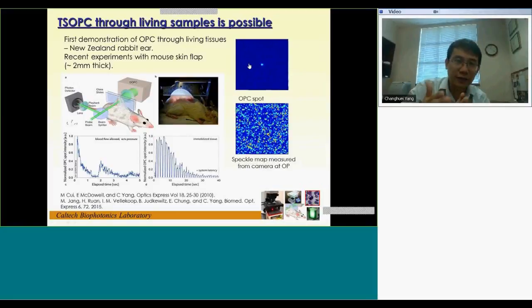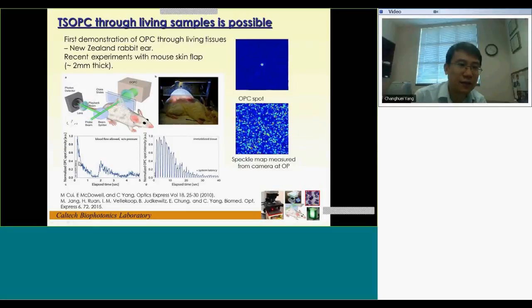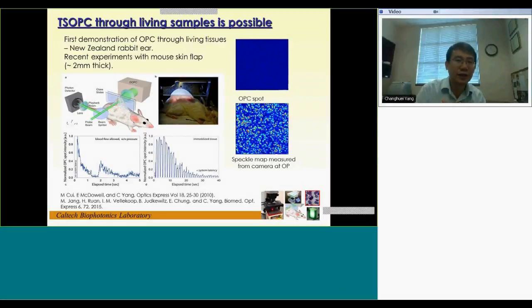Turns out, if you look at how long this ability to do a conjugation persists, it can persist over tens of seconds, as long as you can stop blood from flowing through this piece of tissue. And if you relax that piece of tissue so that blood is now flowing, the time drops to on the order of sub-seconds in terms of its decorrelation time. All right, so this means that if we're able to do experiments, hopefully in the milliseconds time domain, we should be able to create a situation by which we can still do this kind of phase conjugation, retracing of scattering,